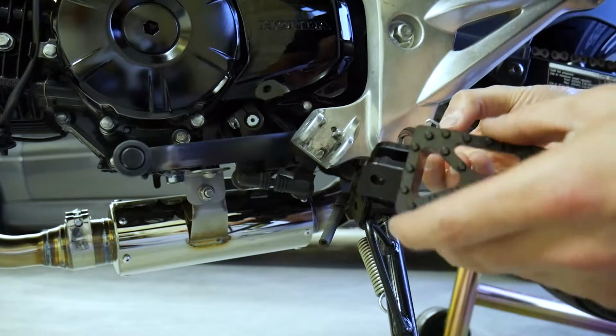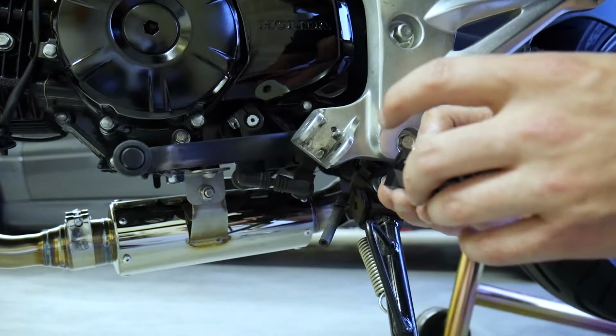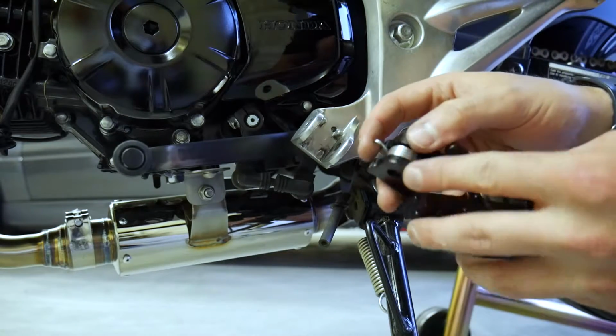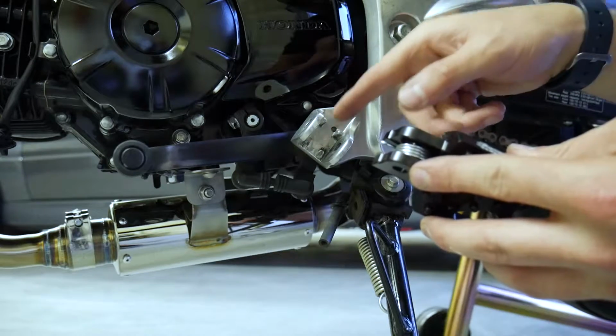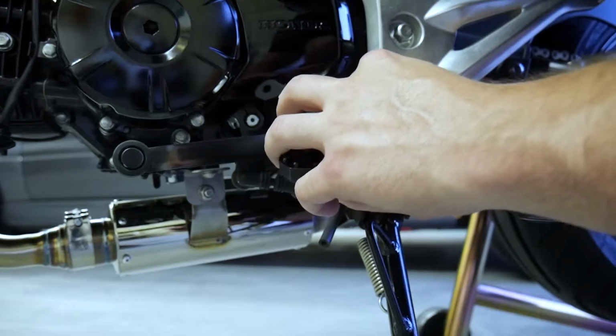So there's only one way this can go. If you get lost, just refer back to the instructions. This spring is going to slide in here, clip over that top portion. This pointy part is going to go into that little hole of the rear set. So you're just going to slide this in here, make sure that little point goes into the hole of the